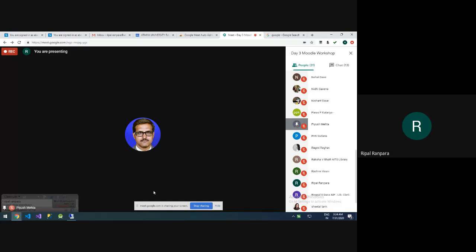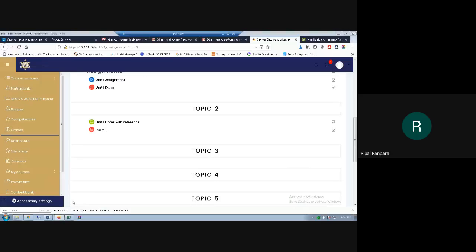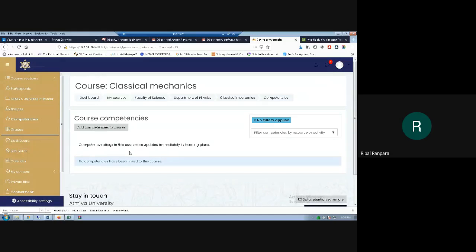This is the basic criteria to use Moodle LMS. We can also set competencies and rubrics and all that stuff, but it takes time. Before that, we need to set up competencies for the particular course. We need to also set up particular rubrics for the particular course, and after that we need to feed on it.